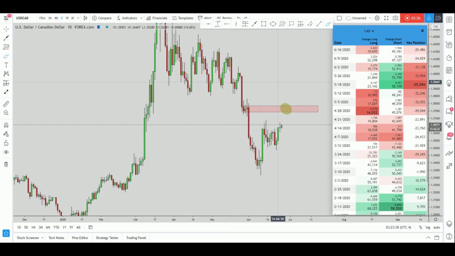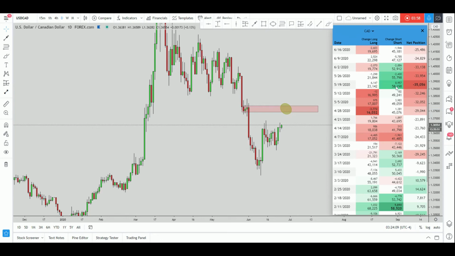So what can we expect here? We can expect the market to definitely make the move to the upside because in general we have pretty low net positions, currently sitting at minus 25K, meaning the CAD is pretty weak. So yes, we can definitely expect USD CAD to make the move to the upside. But from here, we definitely want to see the market go lower, possibly even lower than this to continue to the downside because